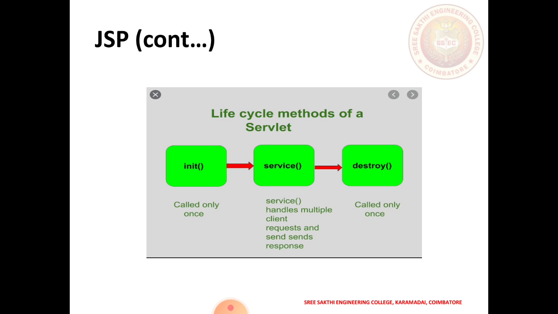Next, lifecycle methods in JSP. When the JSP program is converted into a servlet, before it is compiled, it can call three different methods: init, service and destroy. The init method is called at the beginning of the execution once the servlet is created, because it plays a main role in the lifecycle. Next, the service method handles multiple requests made by the client and sends the response based on the request made. Finally, the destroy method is called at the end of the servlet lifecycle. It helps to clear the cookies and so on.